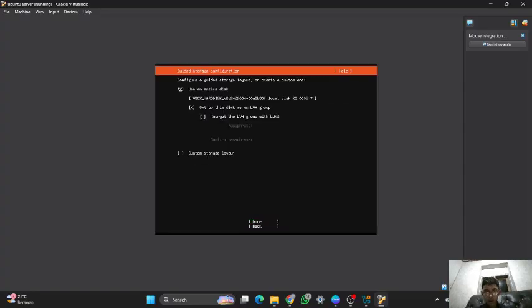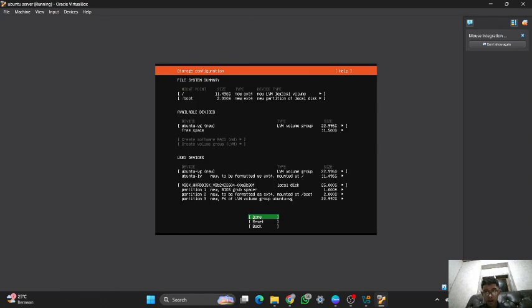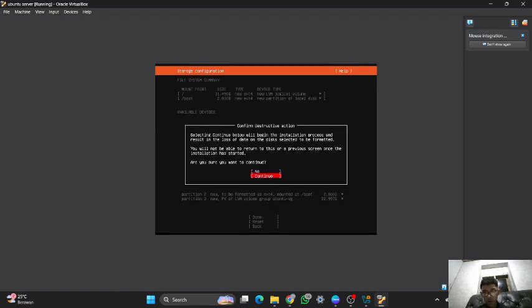And in here there is the information if you want to use an entire disk, and in here I will just use it by default, and you can just click down, and in here there is the information, and you can just click down, then